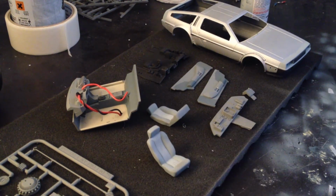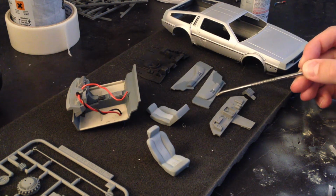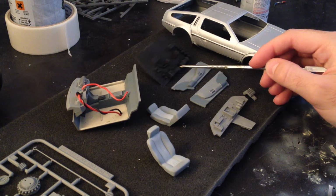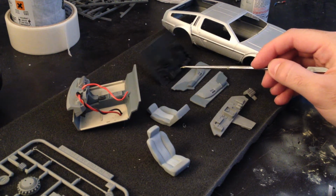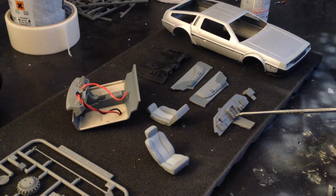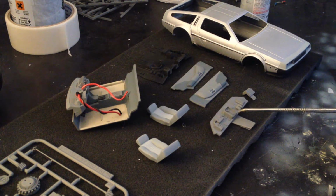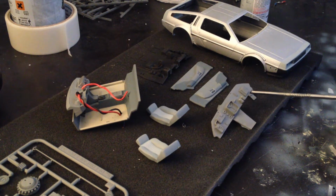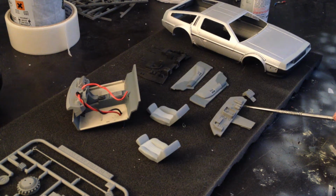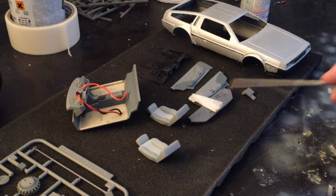Chairs are all painted up. Inside of the car doors, the insert pieces, they're completely painted. We just got the back piece here, which is painted in Tamiya black, just flat black. I've got the rear firewall here primed with Deluxe spray pack prep coat, which I think I'm going to leave that because in the movie this looks kind of, I think the instructions for this part call for a field blue or something like that, but in the movie it looks pretty much silver, so I might leave it